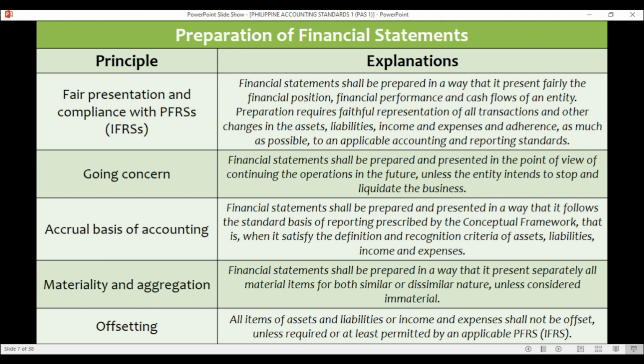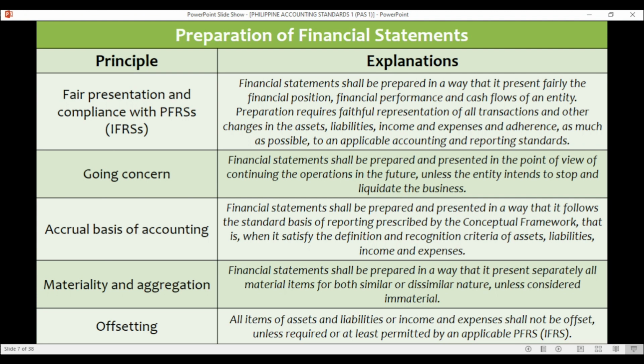Preparation requires faithful representation of all transactions, meaning no more, no less of those transactions. All changes that have happened in the assets, liabilities, equity, income, and expenses should be disclosed and presented in the financial statements, and it should be in adherence as much as possible to an applicable